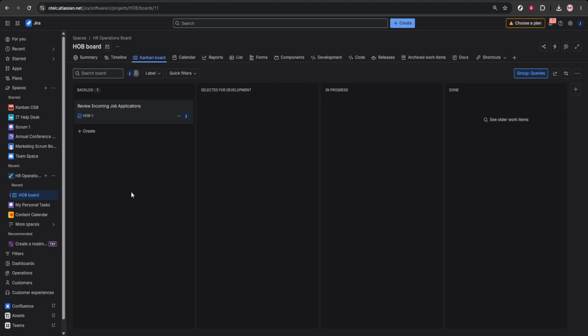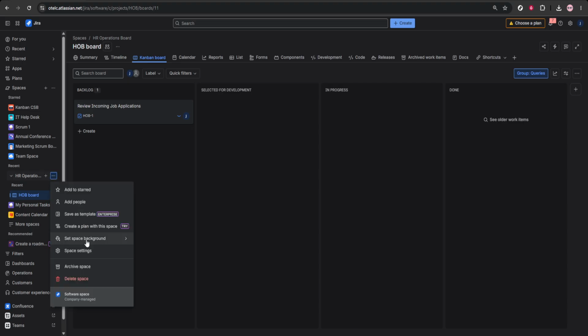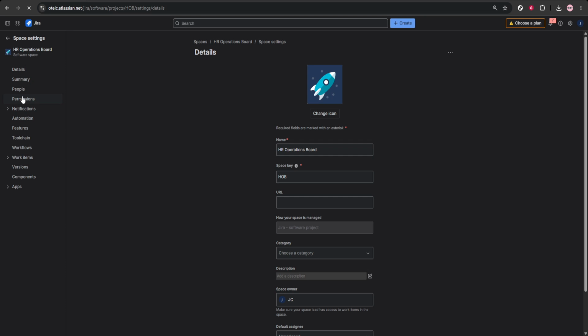Finally, protect sensitive HR information. In project settings, open permissions and restrict access to HR projects as needed. You should also use issue security levels for confidential requests, especially for items like